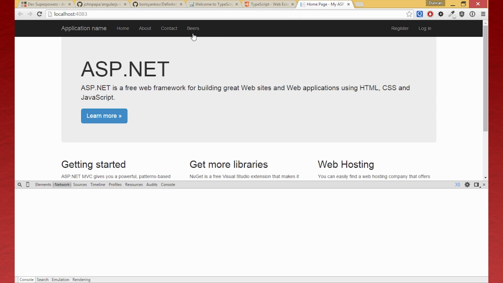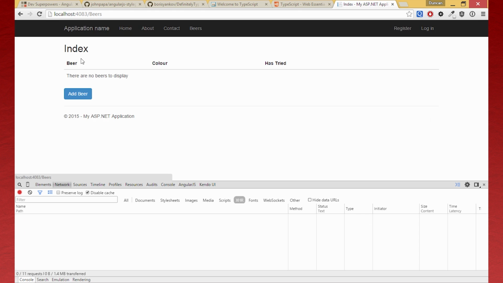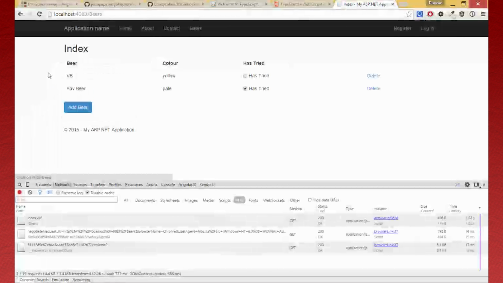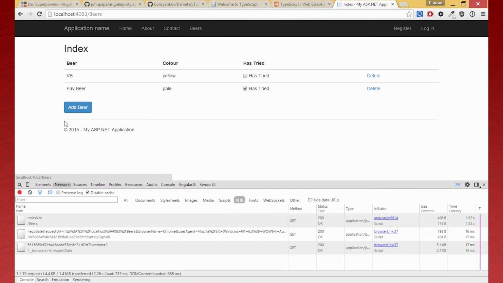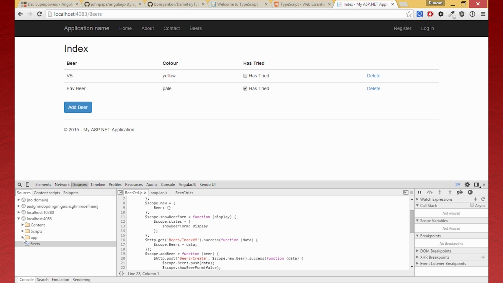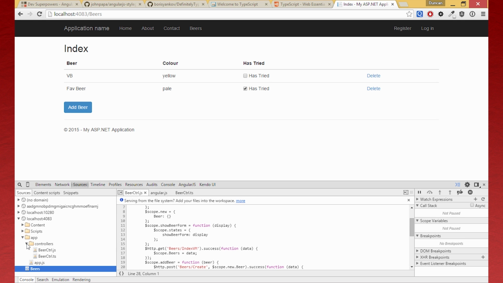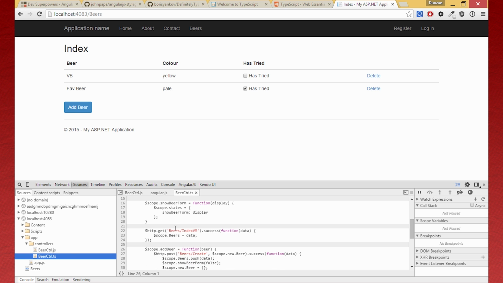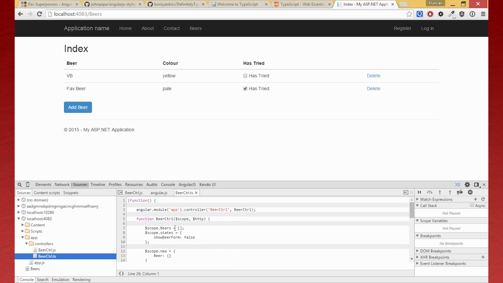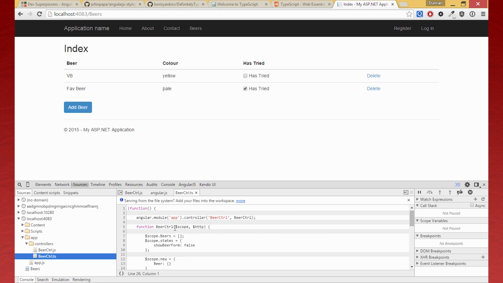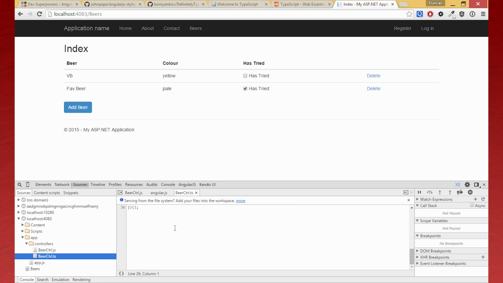Push F12 to open our DevTools and hit the beers page, and we see a list of beers. Currently we're bringing those beers back from the MVC controller still, but we're going to change that in a second. What we can see is we're actually running a TypeScript file here. If we go into our sources and open our app folder and controller, we can see that we have a beercontroller.ts, and we could